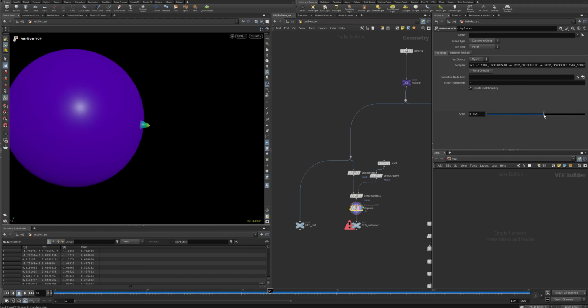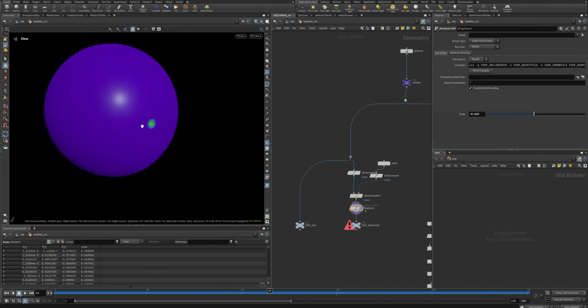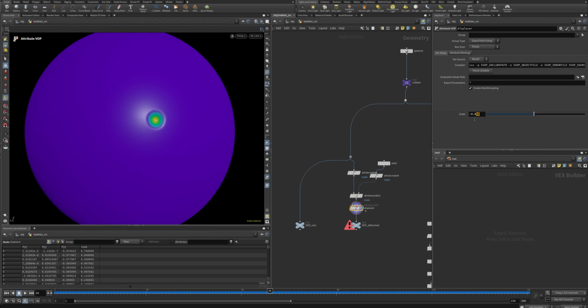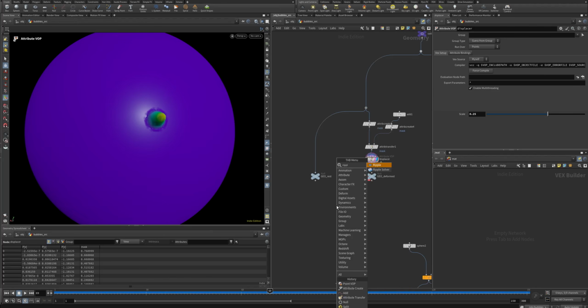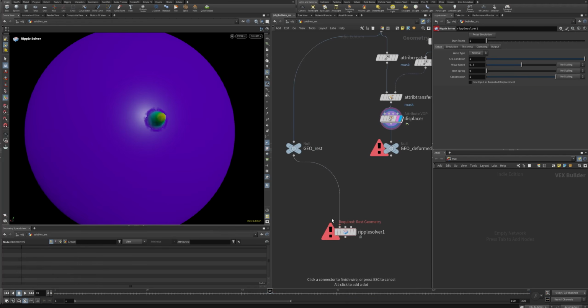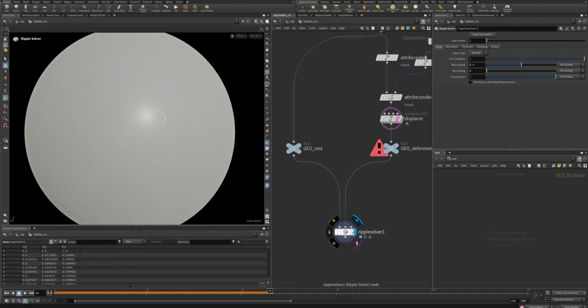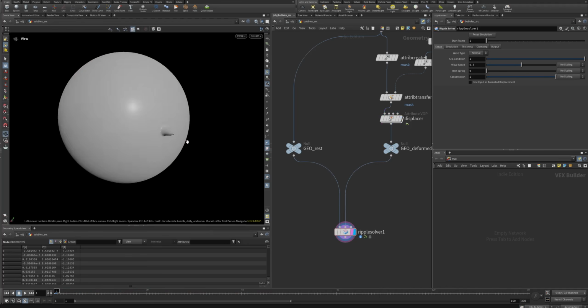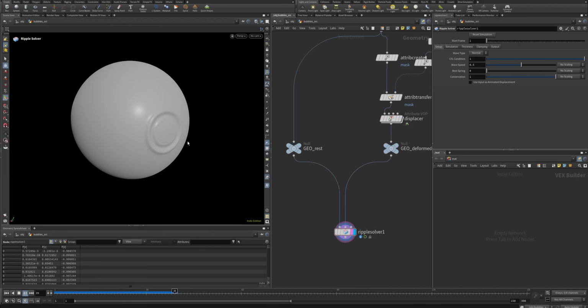Whoa. .25 for default, and use the ripple solver. Rest geometry goes into the first input, deformed into the second one, and it should work out of the box. Looks fine,